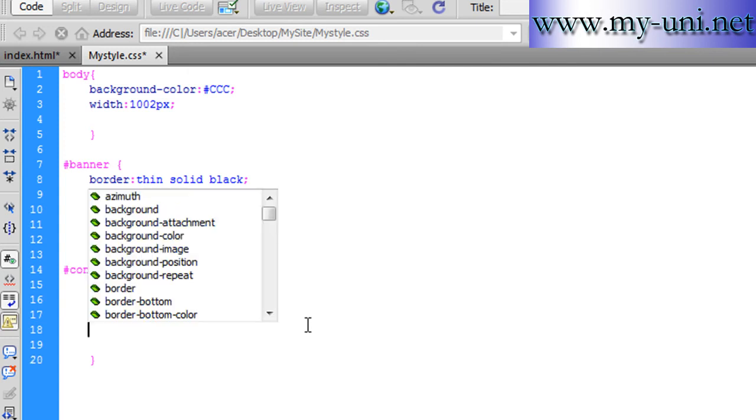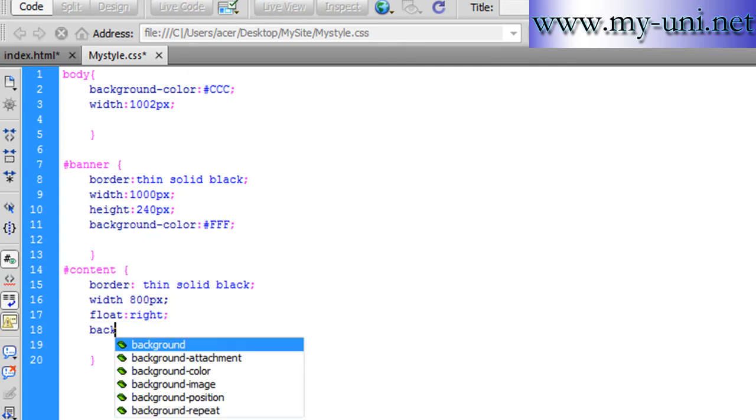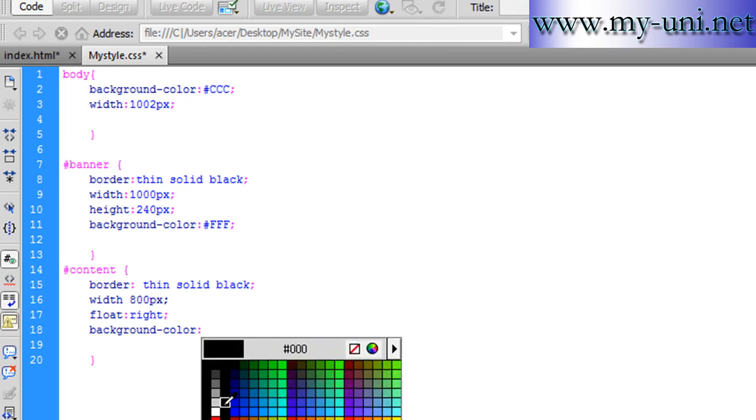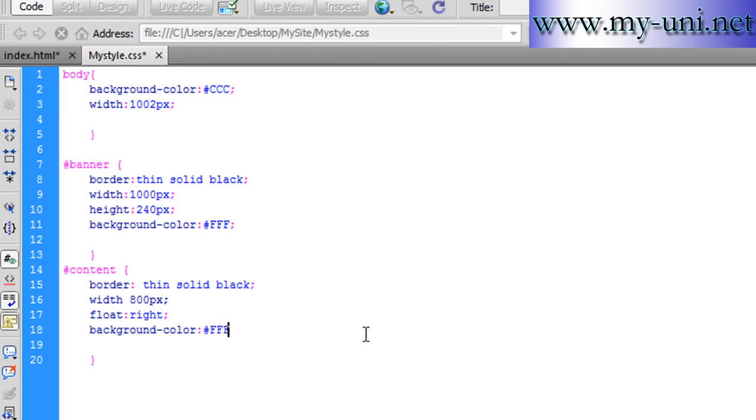Okay, and I want background color to be white once again, semicolon,